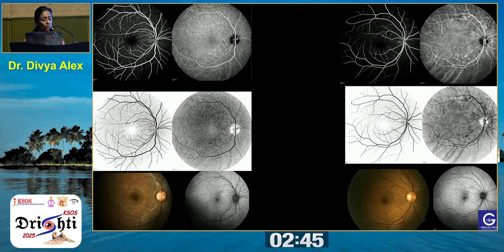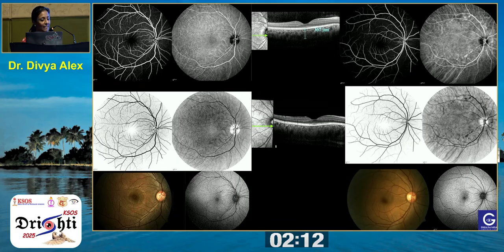So these are the fellow eyes, the other eye of the patient, that is the other eye of the Harada-involved eye. On careful scrutiny of the ICG, you can see multiple hypocyanescent lesions. It is better delineated in the black on white images. So in this eye, you can see it is very subtle. It is very difficult to delineate the hypocyanescent lesion, but in the black on white images, you can clearly see this hypocyanescent lesion. And one more clue is the enhanced depth imaging.